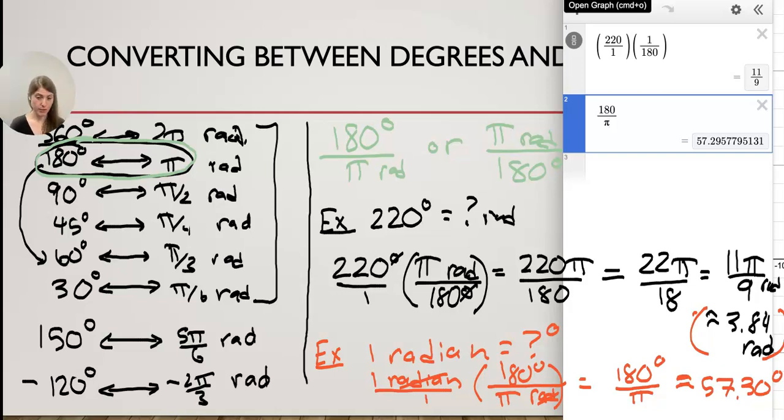So in this particular case, we just want to make sure that we're setting up our conversion factor correctly. You have to think about if you're given degrees, then the 180 degrees goes on the bottom and your pi radians go on top. And if you're given radians, then your pi radians go on bottom and your degrees go on top. Let's take a look at one more example in this particular case,